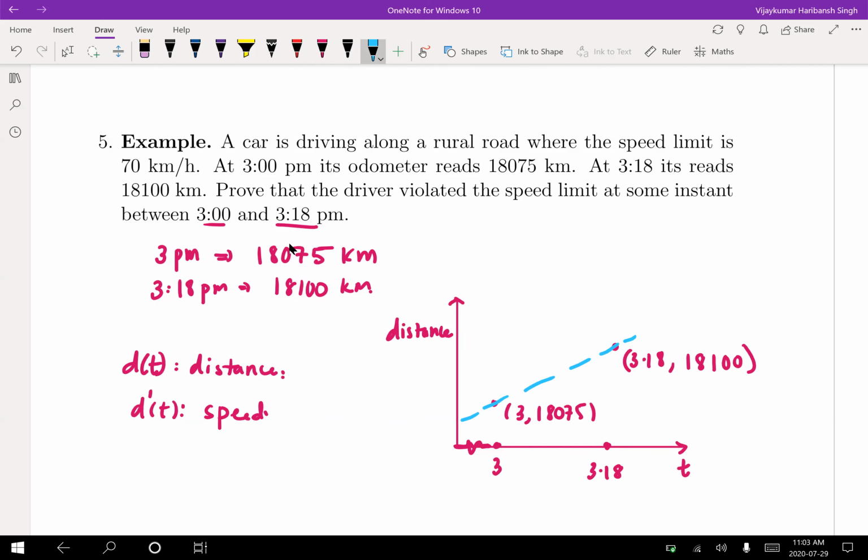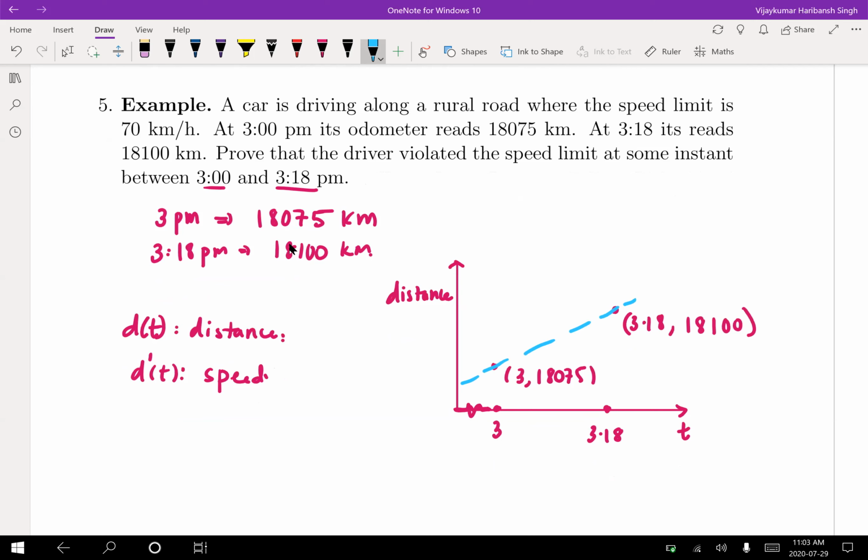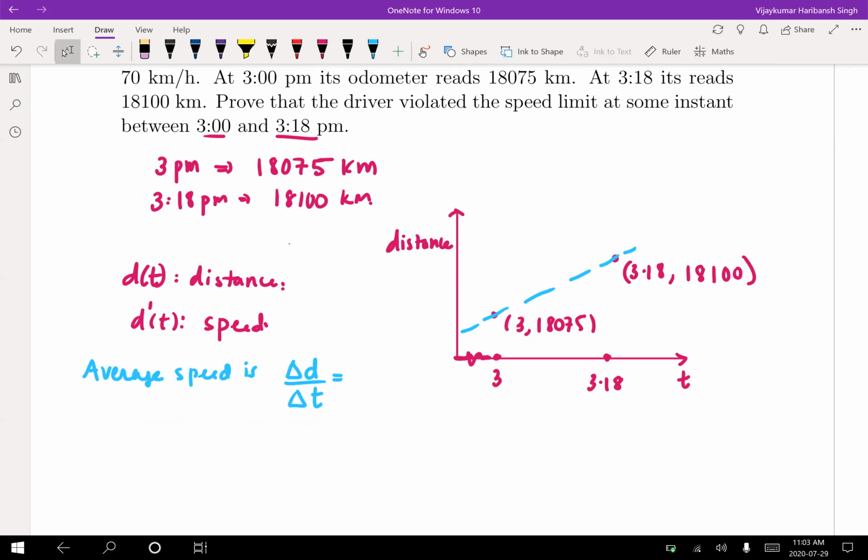That is going to be the average speed. So average speed is delta d upon delta t. Which is going to be 18100 minus 18075 divided by 318 minus 3, which is going to be